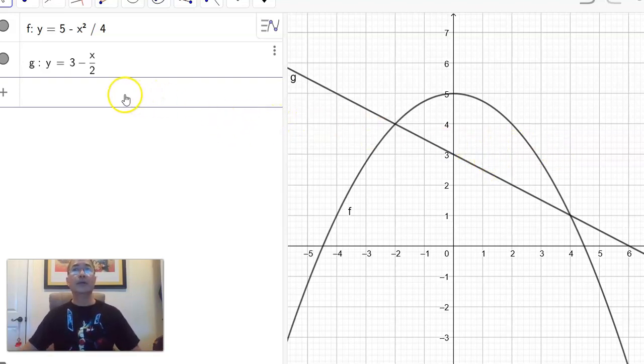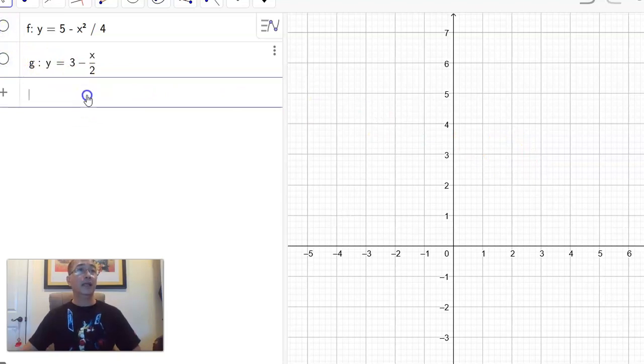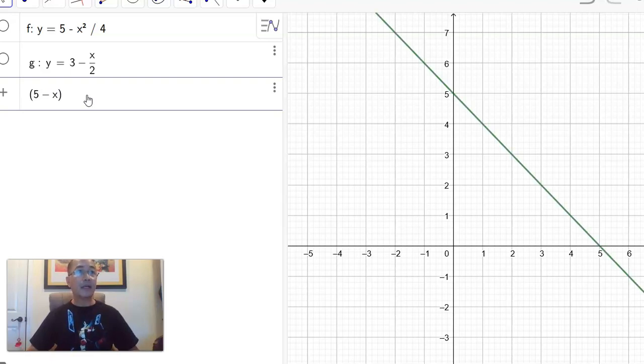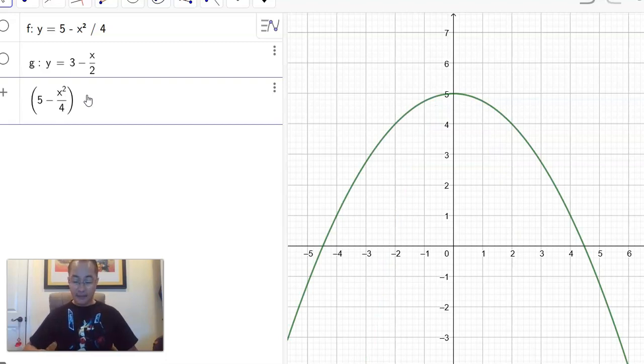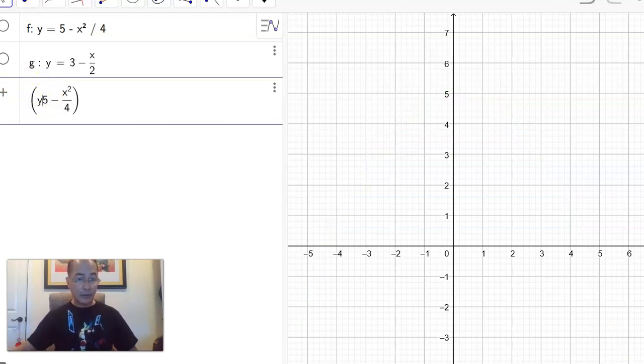I also wanted to show you another way to draw this so that we can see a shading. I'm going to hide these two, and I'm going to show you how to graph inequalities. Now that we saw that region, we want to see what is below the parabola and what is above the line. So that's two inequalities. We want y to be less than or equal